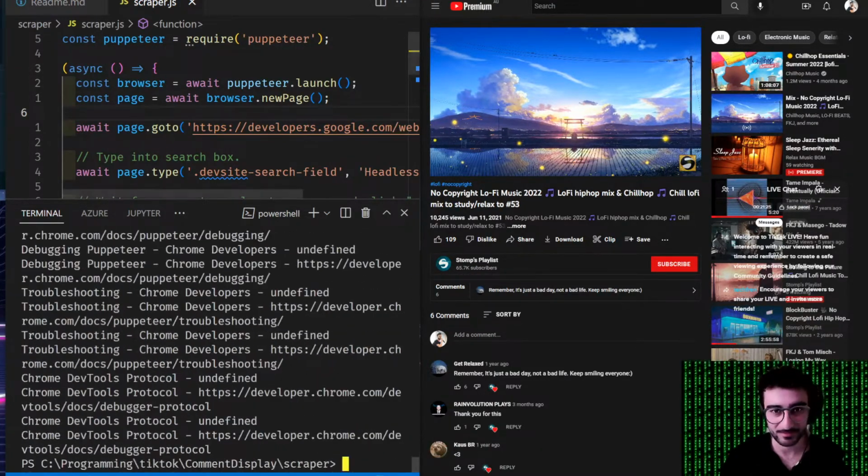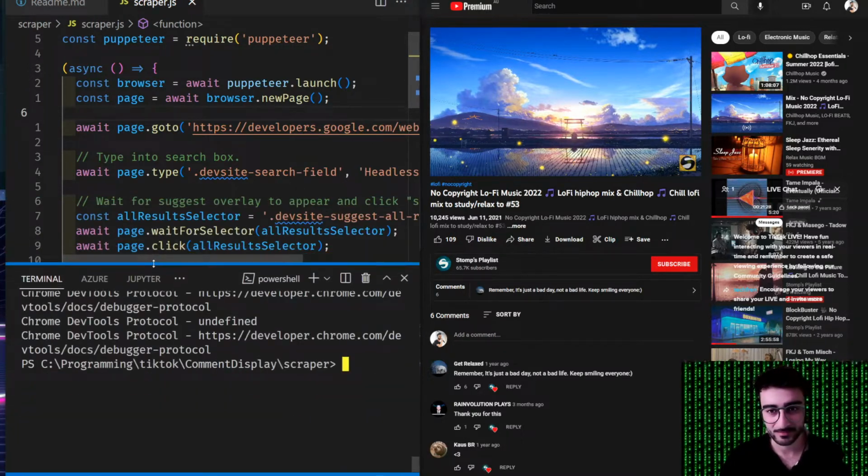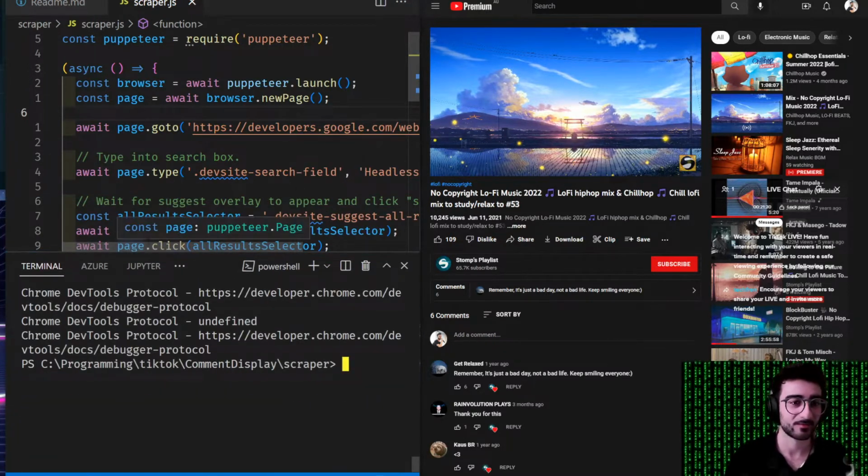I was expecting it to not run in headless mode, which means you can run it in a mode where you actually see the browser launch and do all the